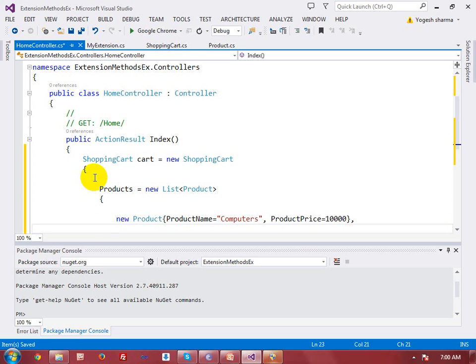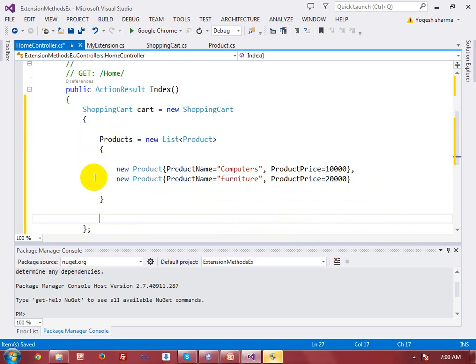Okay, let me create another product object, product price, or here we should follow the sequence. Product name, that is furniture, and the product price is 20,000.